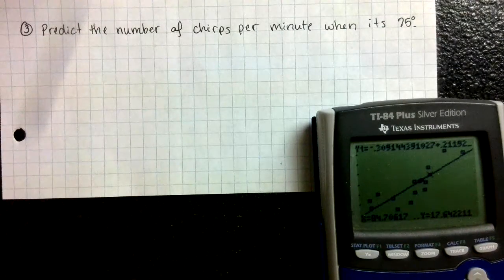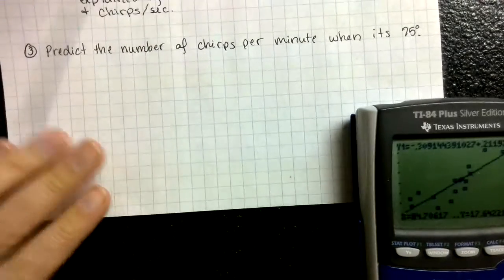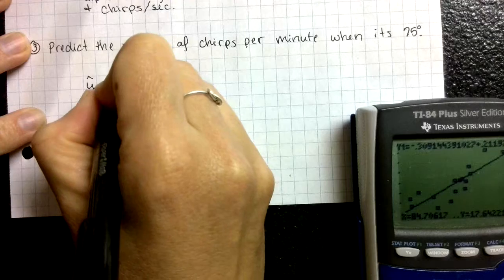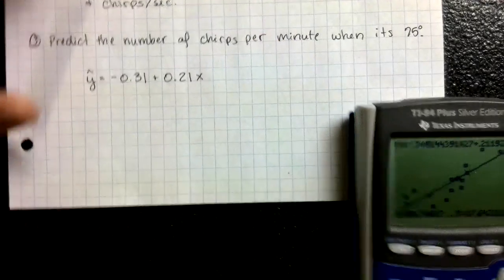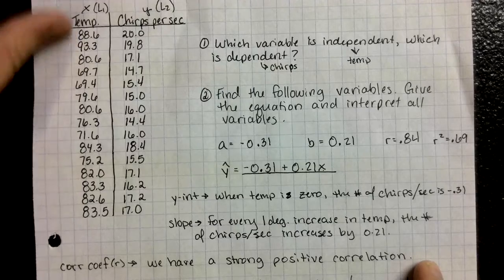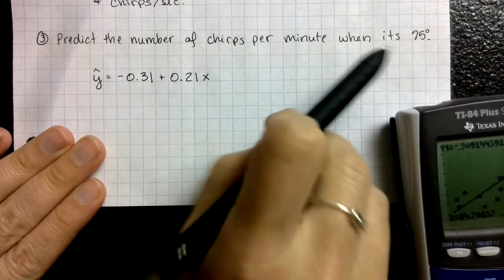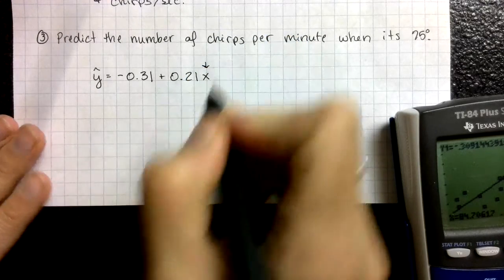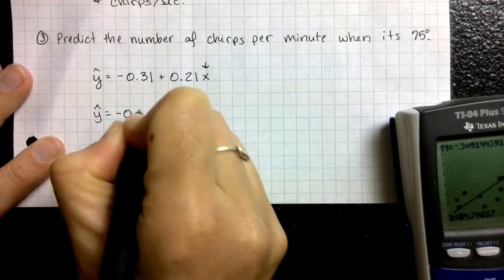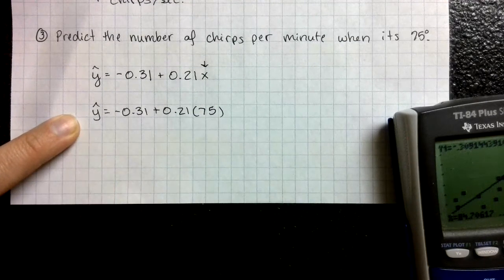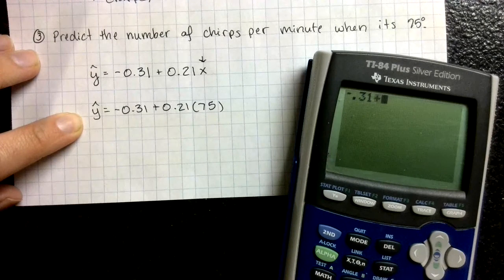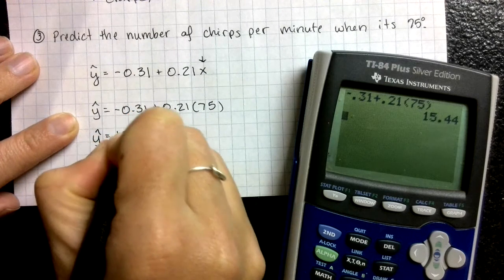Okay. So there's a couple of different ways then that you can do question number 3. Predict the number of chirps per minute when it is 75 degrees. So we have this equation that says y hat equals negative 0.31 plus 0.21x. So going back to our table, we labeled temperature as X. So when they give us this temperature of 75 degrees, that is an X value. And what I could do is I could plug this in and then I could evaluate it to get a predicted value. Okay, so if I type that in, negative 0.31 plus 0.21 times 75, I get a y hat of 15.44